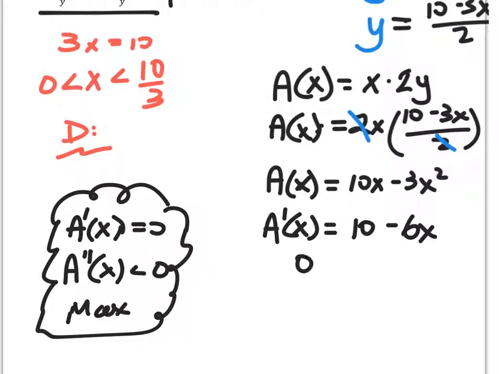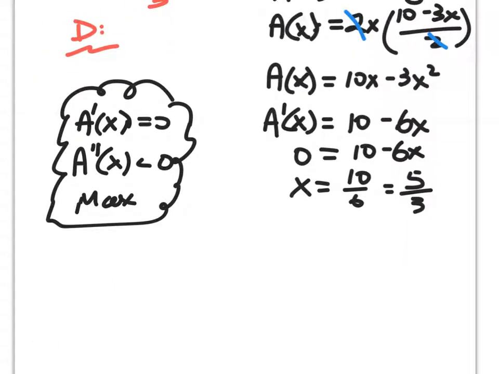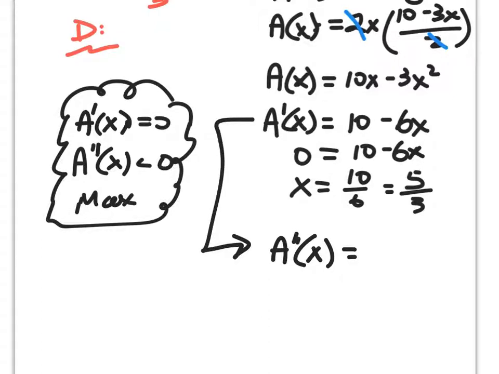Okay, so if this equaled 0, then it looks to me like x would equal 10/6, which is 5/3. Okay, now let's check the second derivative for a moment just to see if it'll always be negative. So I'm going to take the derivative of this to get the second derivative, which will give me -6. Since the second derivative is always negative, I know that when A prime of x equals 0, I'd have a